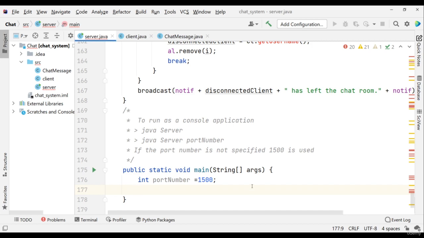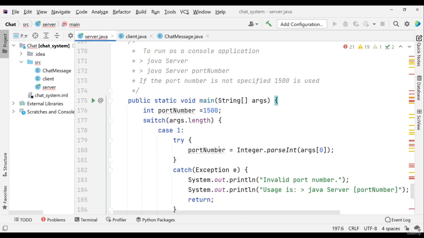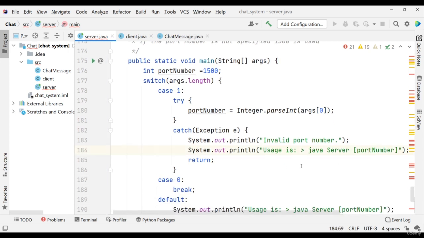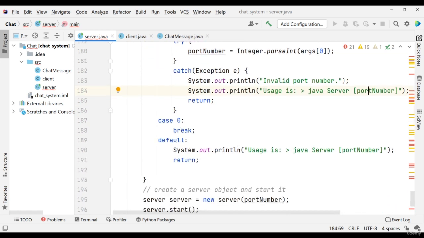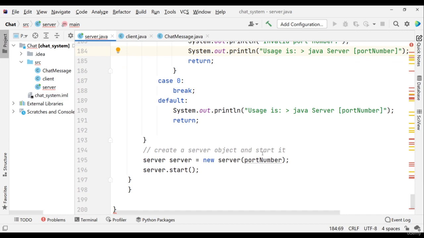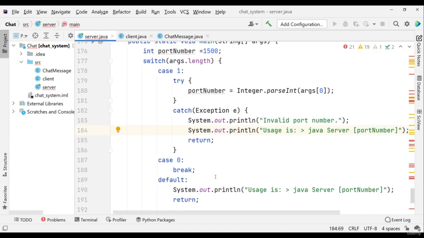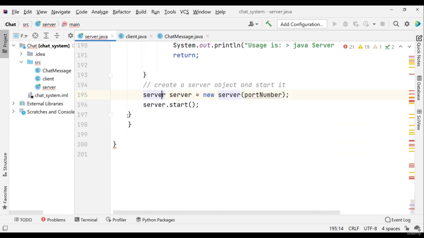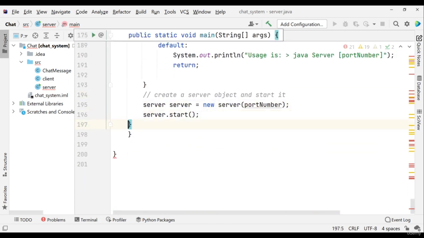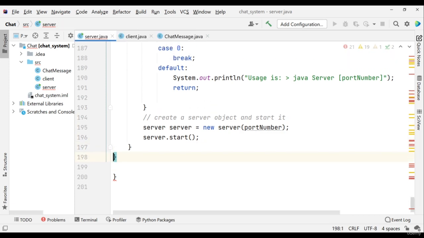So let me use this first. Okay. So what is this doing? It is going to parse that inside this. If an exception is found, invalid port number, Java server port number is not found here, basically it will print. Case 0 is basically usage Java server, because it is not using one, and create a server object to start the server, it will start that object easily. Server is basically this. So we are done with this part, but we are remaining something here, which is basically